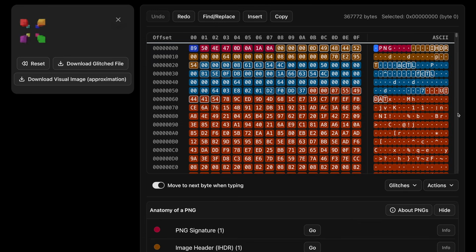One way would be to try and edit the file in a hex editor, but if you try this, you'll notice that most of the time the PNG simply turns into a blank image. To understand what is going on here, and to figure out how to make something interesting, we need to understand